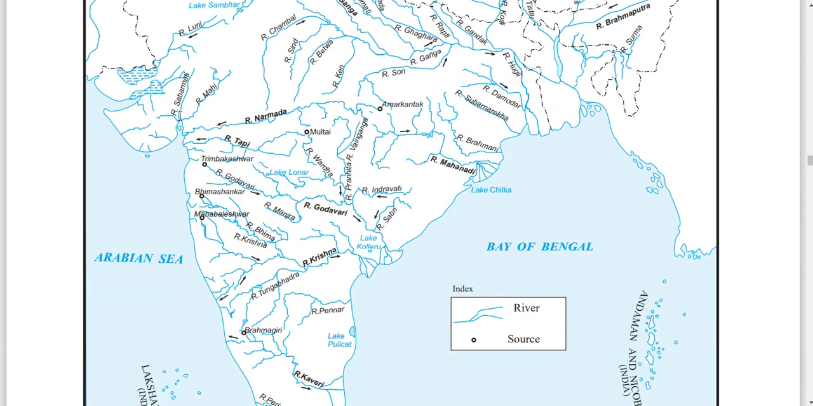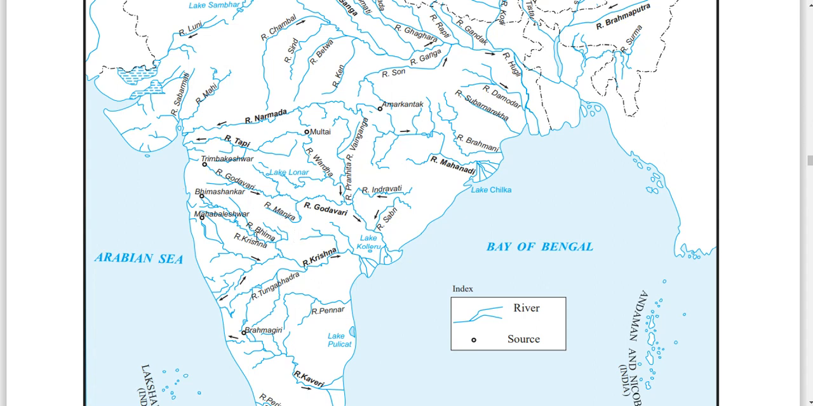Then in Gujarat, Sabarmati River, Mahi River are there, Chambal River, Sindh River, Betwa River, Ken River, Son River, Amarkantak. No, sorry, this is the place, not the river. Amarkantak. Okay. Multai. Warda River, Godavari River,